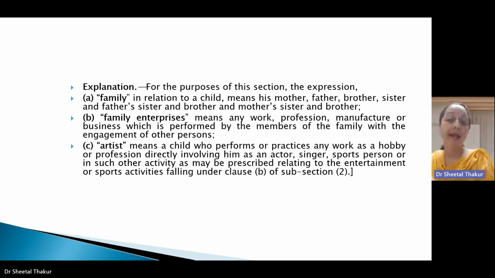held guilty under the provisions of this act, then a first time offender will not be punished. That is the exception which has been given under section 14, that these parents and guardians of a child or adolescent will be exempted from punishment if they are committing this offense for the very first time. But if subsequently they commit a repetitive offense under the provisions of this act, then they will be punishable with a fine up to 10,000 rupees. So that is the penalty which has been prescribed for the parents. And in case of a repetitive offender, imprisonment of minimum 1 year up to 2 years can be imposed upon